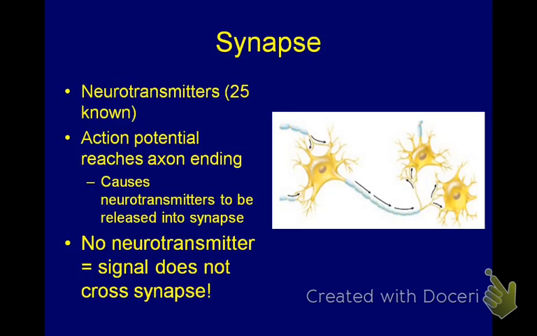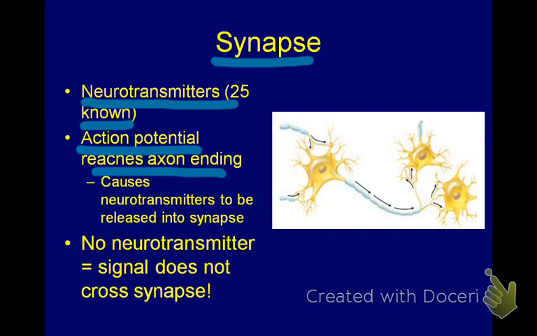What's going on in between neurons? The synapse is a gap. It's a space between neurons. And what you see happening is these neurotransmitters, there are 25 of them, help that message get from one neuron to the other. When an action potential reaches the axon ending, like you see right here, so the action potential travels down the axon and to an axon ending, it causes neurotransmitters to be released into that gap,